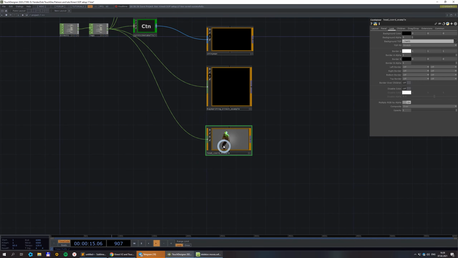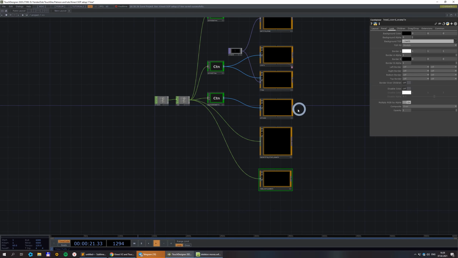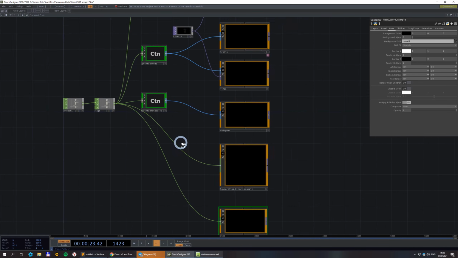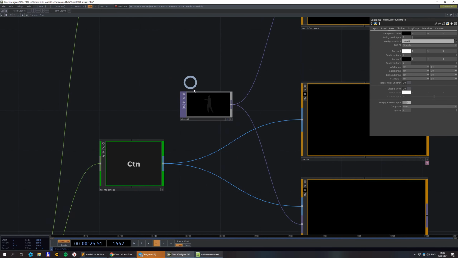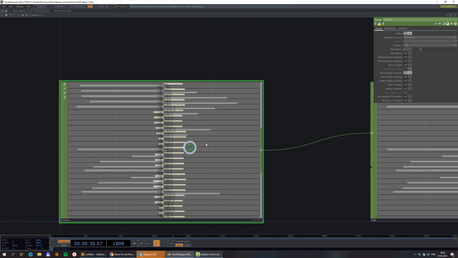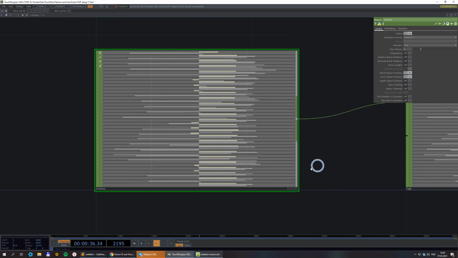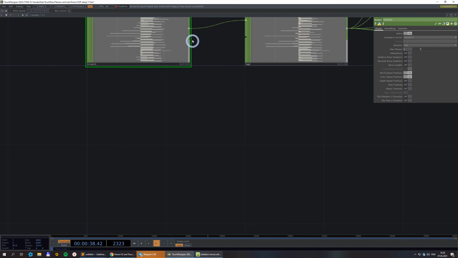Okay, and this works for 3D, so point cloud and 3D. And if you want to do the same with 2D, for example with a color camera or depth camera, you need to go into Kinect, and instead of world space position, use the color space position or depth space position, and it gives you